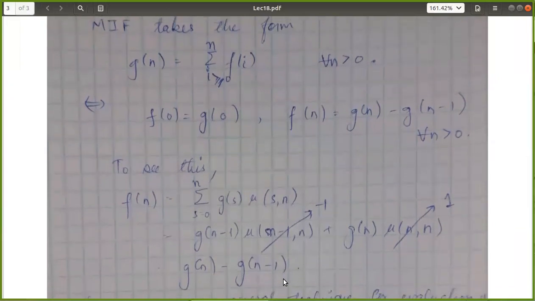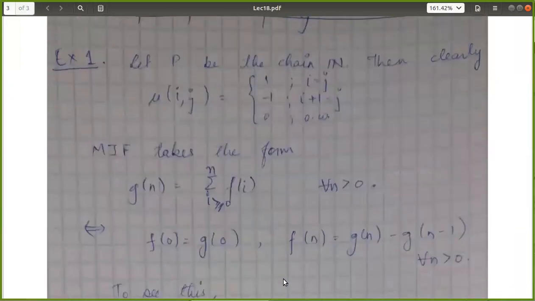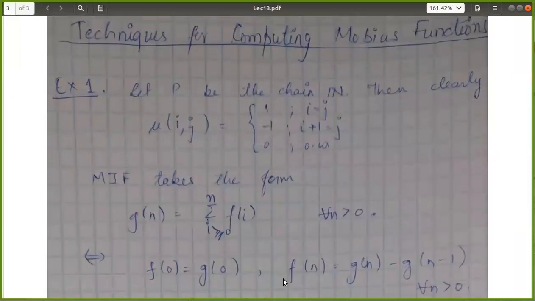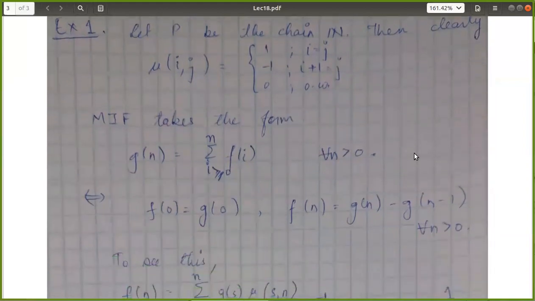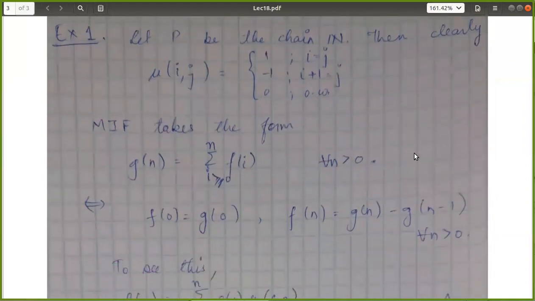Okay. But here we were lucky because we could see the Mobius function very clearly, right? The structure on n is very nice, so you could figure out very quickly what mu would be. But that may not always be the case. So for such instances, we need more data, or rather stronger techniques to figure out what a Mobius function